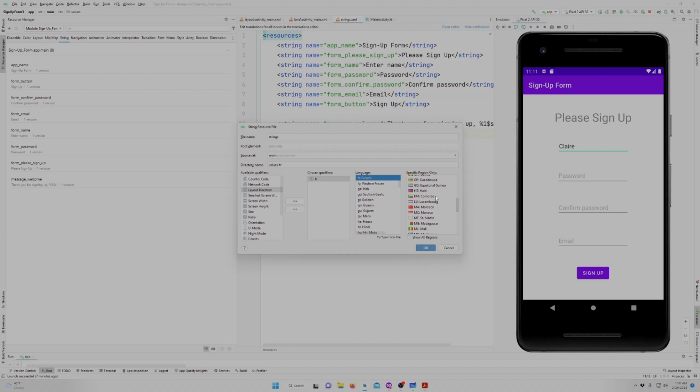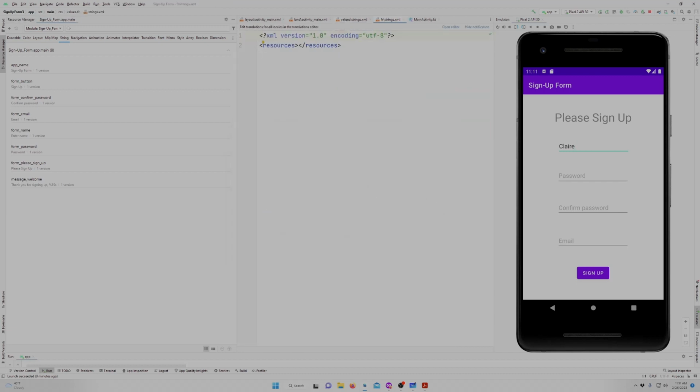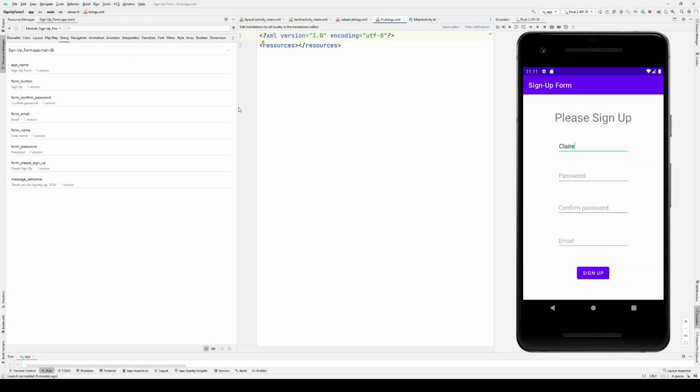It's not necessarily going to be a single French translation, but again, with my limited knowledge of French, I'm just going to select any region, which means as long as you specify that you speak French, this is the translation you're going to get. And it's probably better than me trying to get into the nitty-gritty of the specific translations for a given region. But of course, if I had professional translation services, then this is something that I could do. So when I select OK, I get my new resource file,